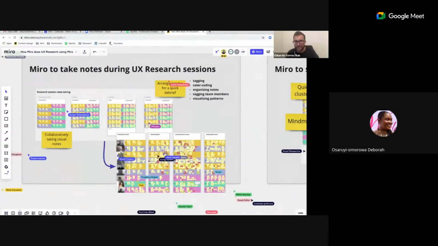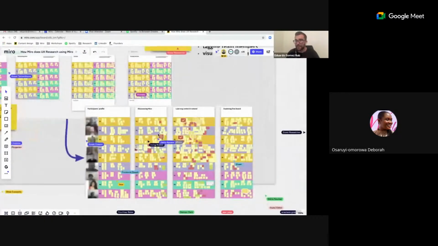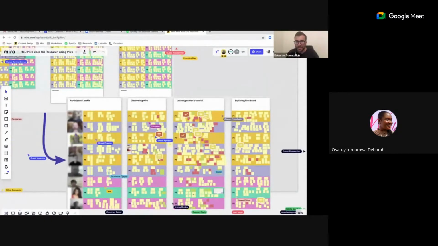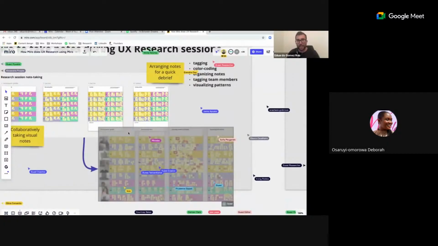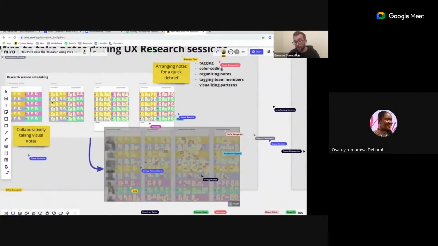And you start to see here that there are comments because we tag different people. There are screenshots from WhatsApp and things that happened there. We start to color code things that were not working as expected. So it's really fruitful, and it's not just a tool to take notes, like there are plenty, but it really